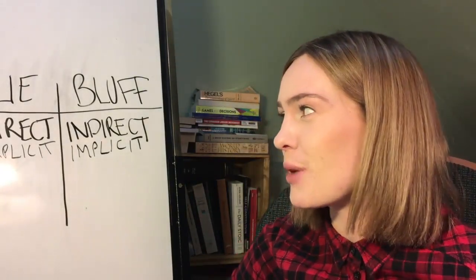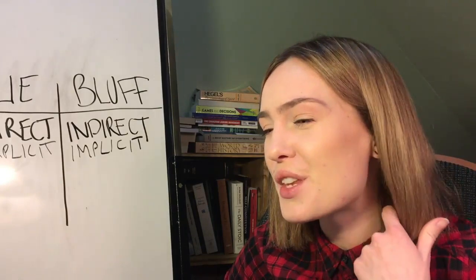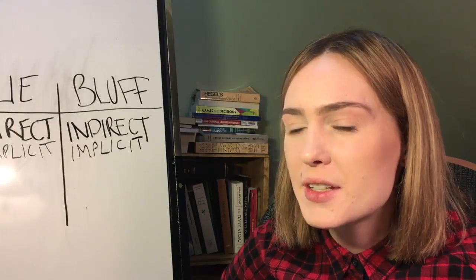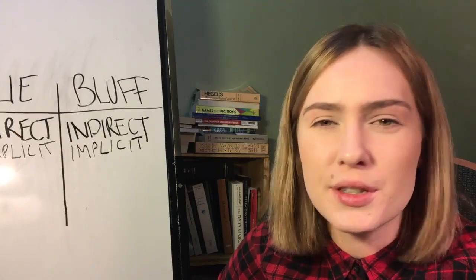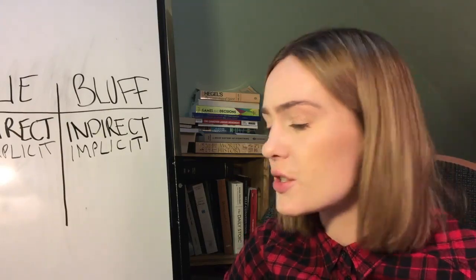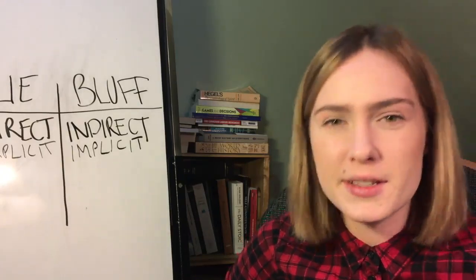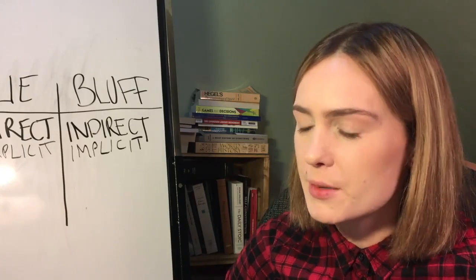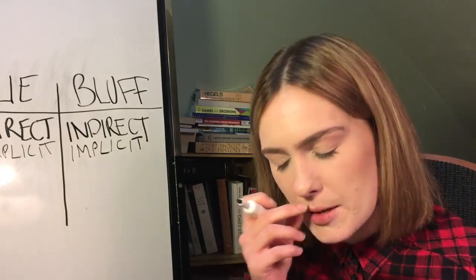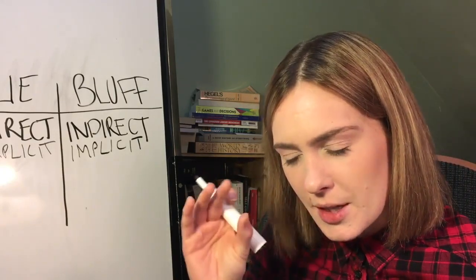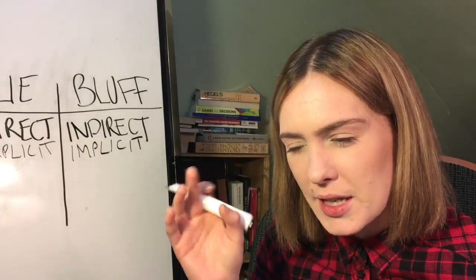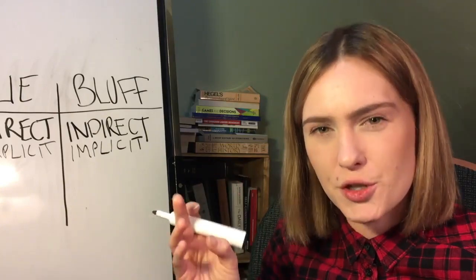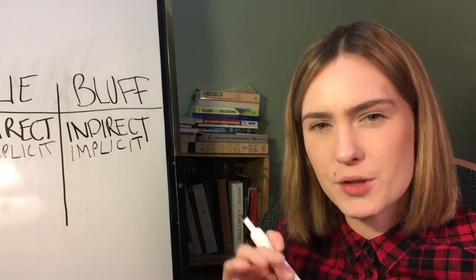That's a direct lie. But for the bluff, let's say the teacher says in front of the class, who's done the readings, who's finished their work, and she looks around at everyone. The student who hasn't done it makes a very subtle inference through a subtle nod that would imply to the teacher that, yes, I agree with what you're saying, I've done what you've said, right?